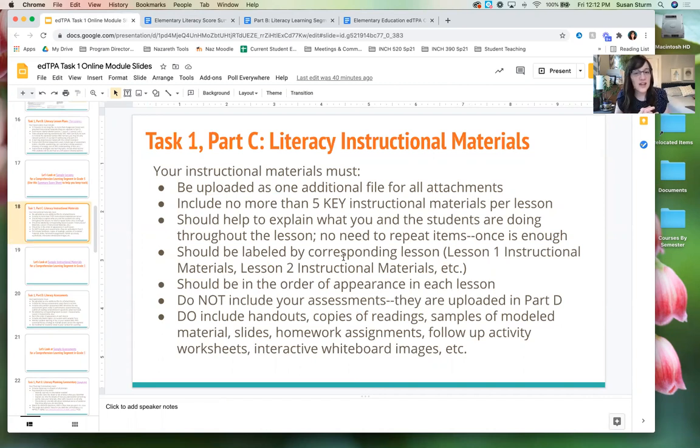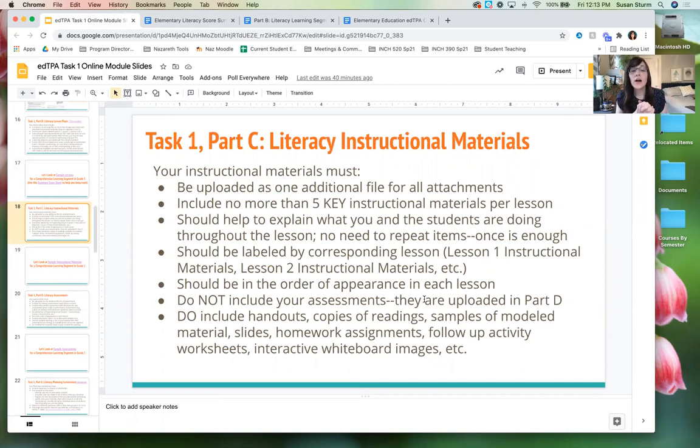Everything should be labeled very clearly, lesson 1, lesson 2, instructional materials, and they should be in the order of appearance of each lesson. Don't include your assessments here. They are in part D. And actually, I think the sample student included the assessments. That was an error. Those should be taken out. Do include handouts, copies of readings, samples of your modeled material, slides that you might use, homework assignments, follow-up activities,